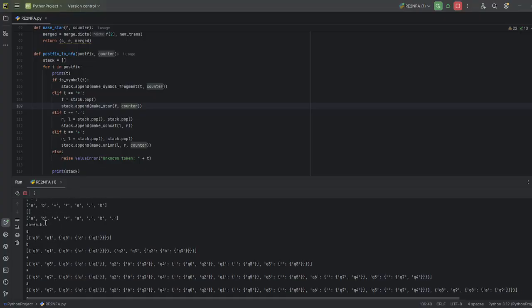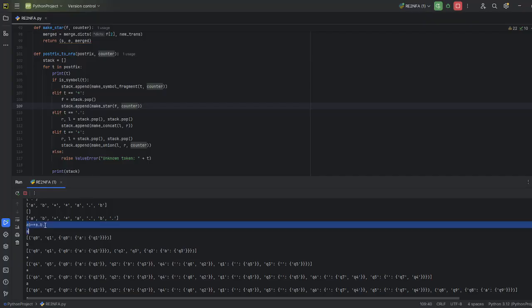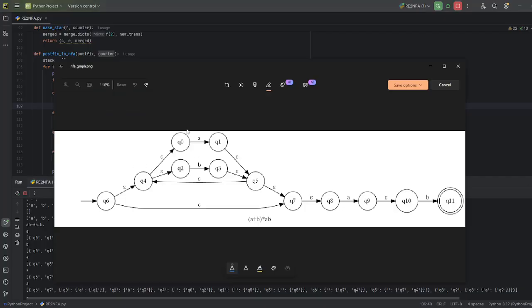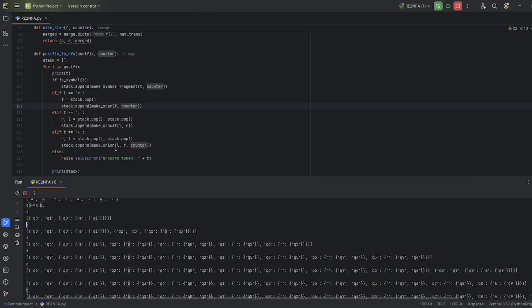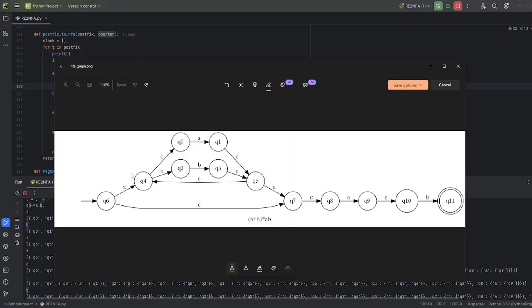So first, actually, we start from the left when reading this shunting yard converted string. So first we have A here. A is just a symbol. That means you have here a simple NFA. You just have this, and next it will read B, right? We'll read B, and that's also a simple one. So just make it this one, right?